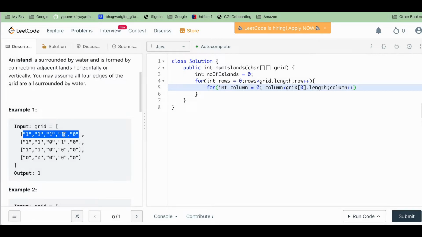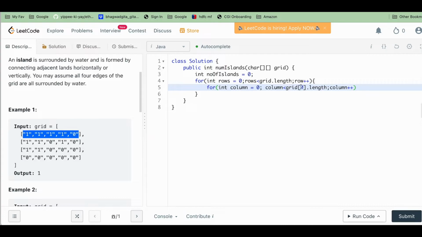This complete thing is one row, so whenever I write grid of 0, it means I am accessing this complete row. And when I say dot length, it means this is an array, so its length will be 1 2 3 4 5. This way we'll get the number of columns in a row.